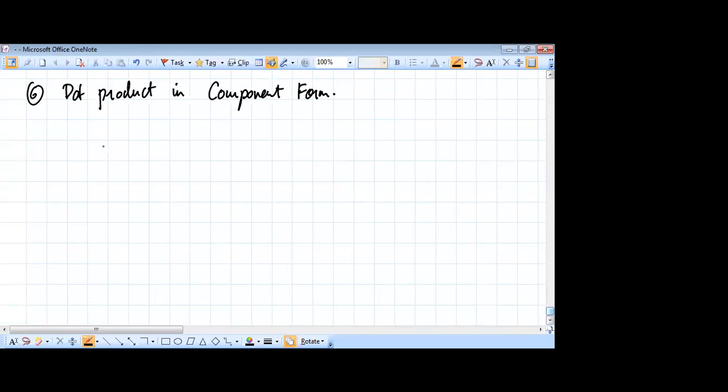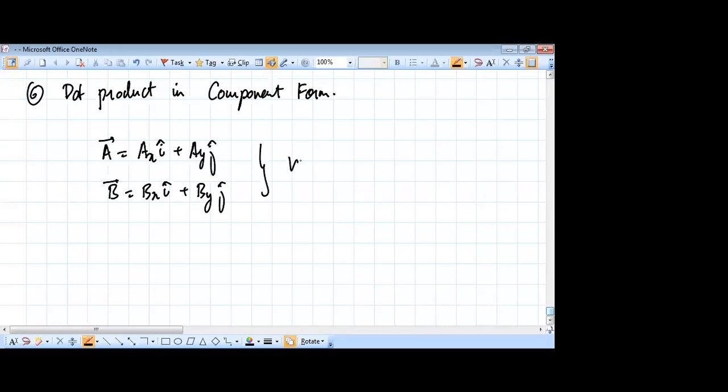So for example, if there are two-dimensional vectors, vectors in 2D component form, then A dot B